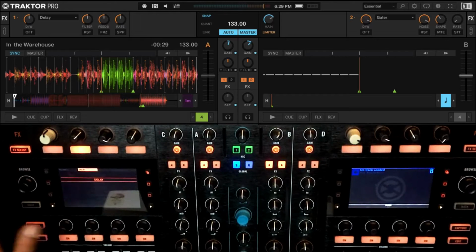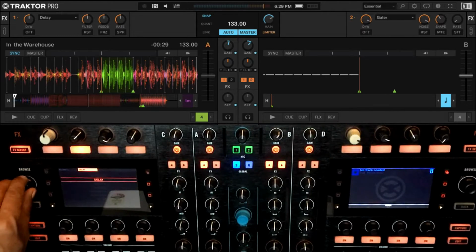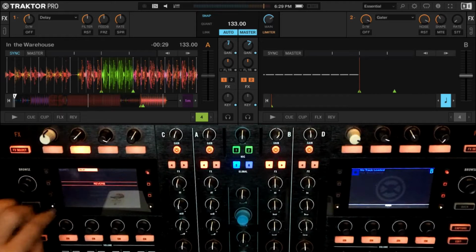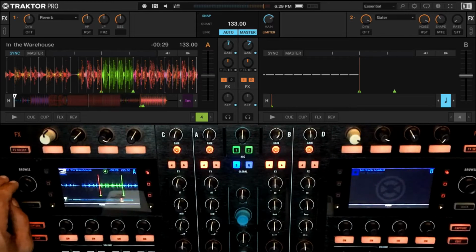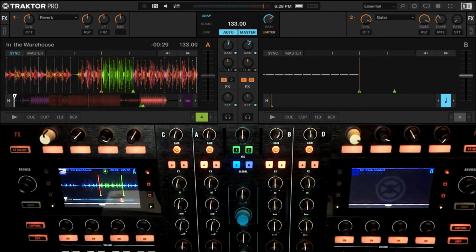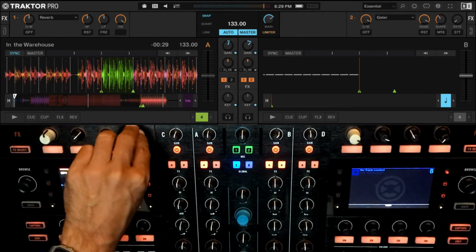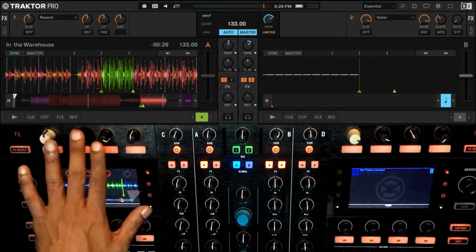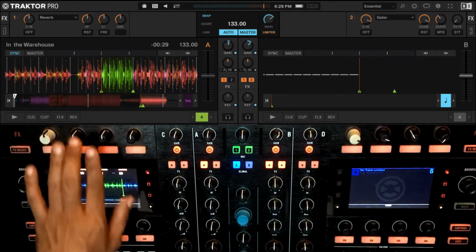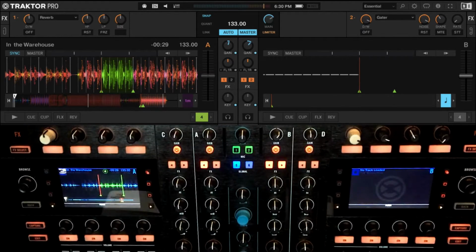So I'm going to use the effect selection button here, and I will choose the reverb. Okay. Now, as explained, reverb is an effect which basically emulates a space. So it emulates a room in which the sound would be reflecting off the walls, reflecting off the various surfaces, etc. So what a reverb is essentially going to do is create the size of the room, from a really small room to a really big room. Then we have two filters, a high pass and a low pass dedicated filter. We also have a freeze and we have a reset, which we're already familiar with.